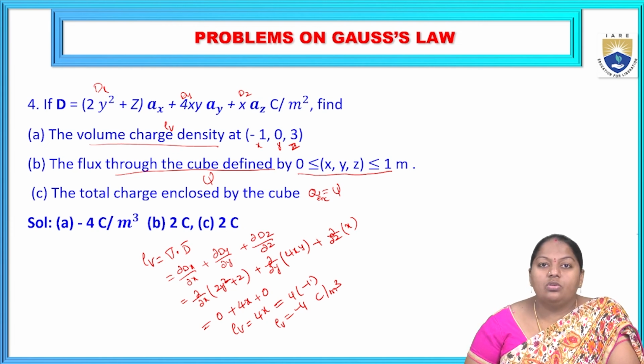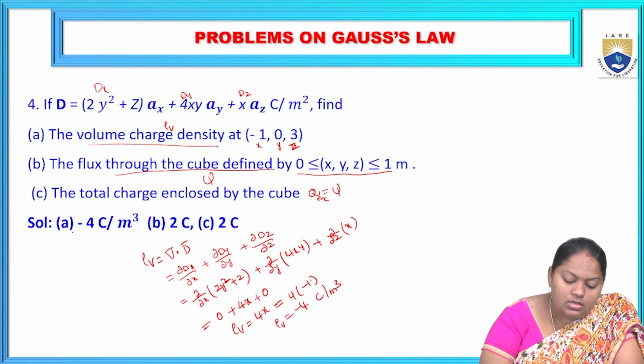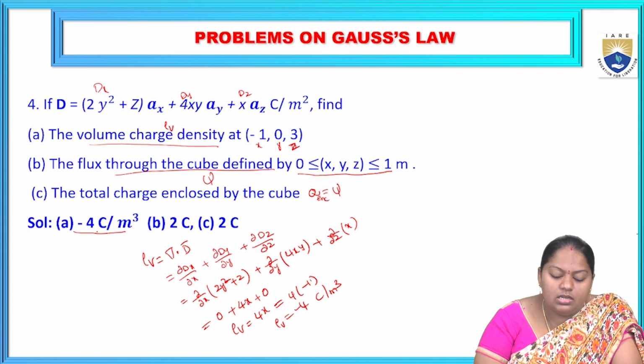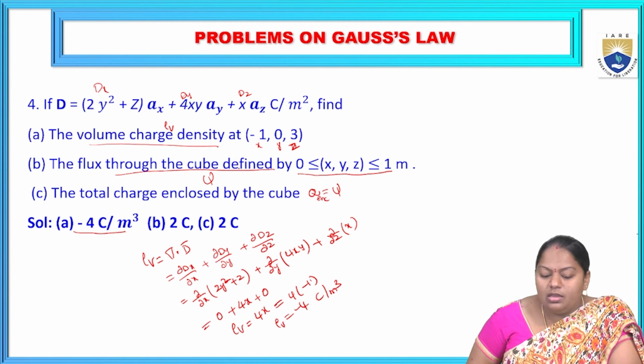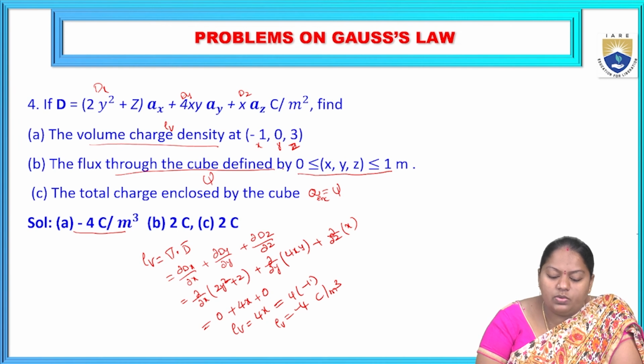For surface, it is coulomb per meter square, and for volume, it is coulomb per meter cube. Hence, rho v is equal to minus 4 coulomb per meter cube. So, for the volume charge density, its value of minus 4 coulomb per meter cube is to be obtained. Now, similarly, the flux through the cube is defined by... before going to evaluate this one, first we